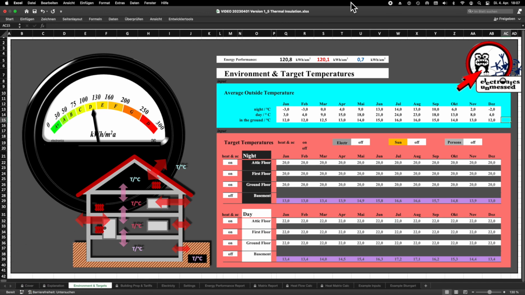Our example building has a basement that is not heated. Then we have a ground floor, a first floor and an attic, all of which are heated or air conditioned. By the way, later we will also learn how to use the tool for houses of other types, because many houses have no basement, a flat roof or maybe only one floor.